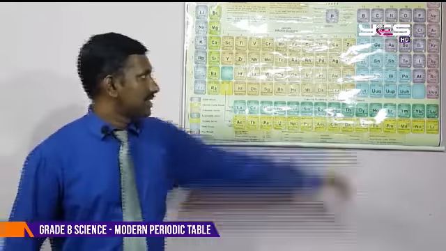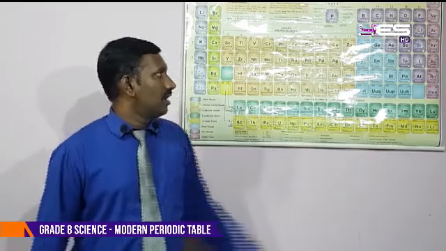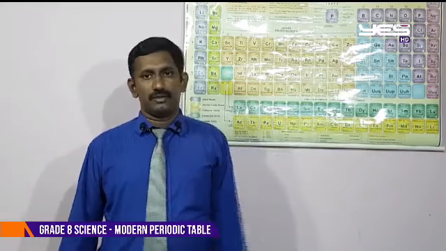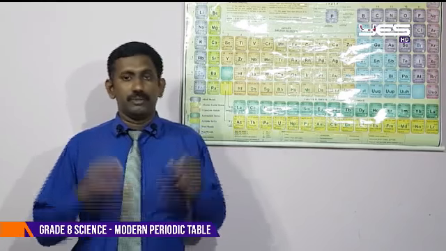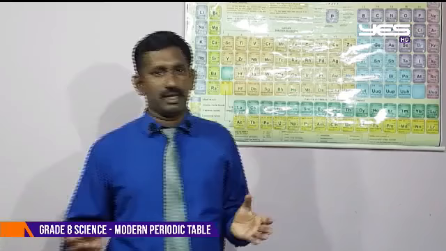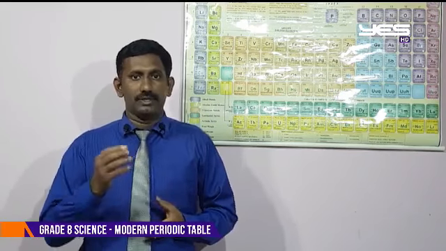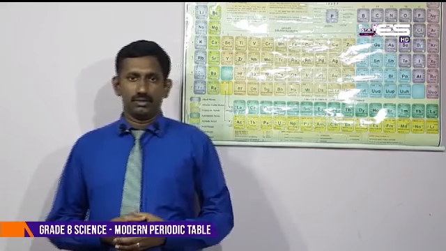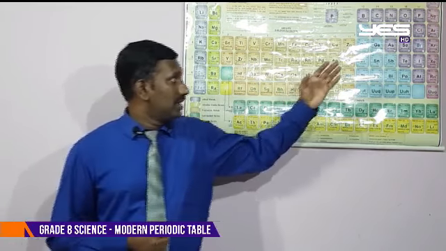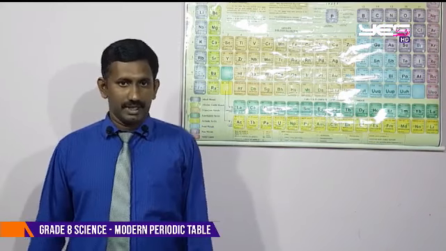Then check the last, group 8 elements. All these group 8 elements have a completely filled outermost shell. That means group 8 elements don't take part in chemical reactions. Their outermost shell is completely filled, so there is no vacancy to accommodate a new electron. That's why noble gases don't participate in chemical reactions.